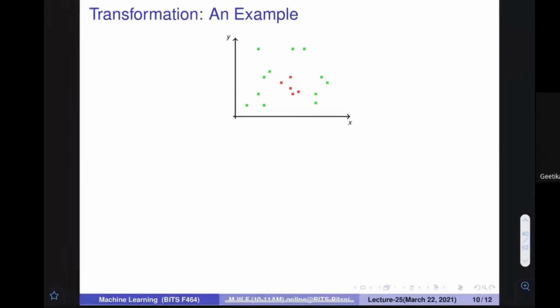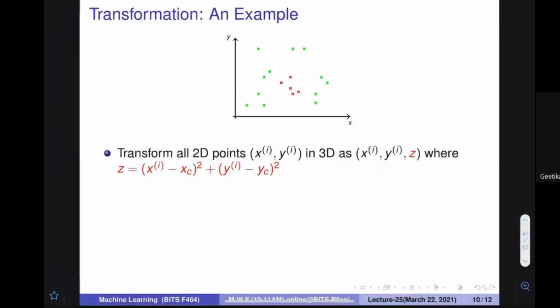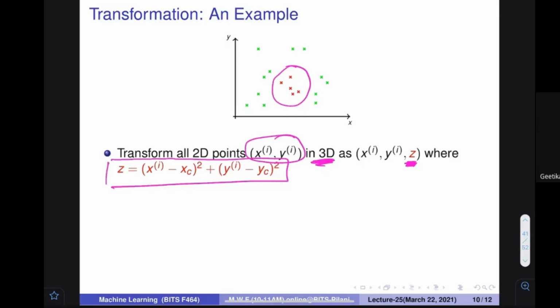A few minutes I would take to explain very small concepts. For example, here is just an illustration. Let's assume that this is the data. You can see that this data is not linearly separable, but if you draw a circle, the data would become linearly separable. This was two-dimensional data. You can convert it to three-dimensional data where the Z value is going to be x1 minus xc, y minus yc squared, where I can take this point as the xc, yc point, and with respect to it I create this particular Z.